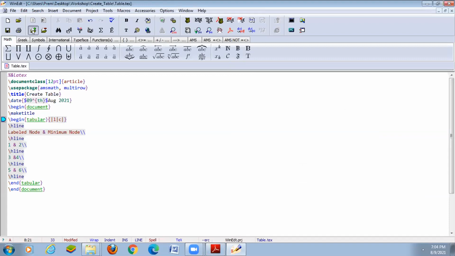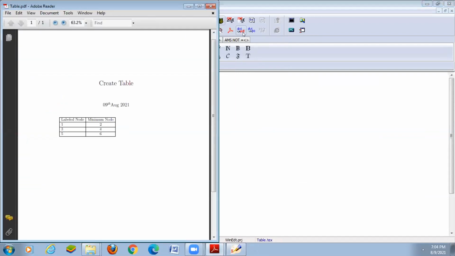So you are using two types of alignment, and the table will change. The first column is left aligned and the second column is center aligned.